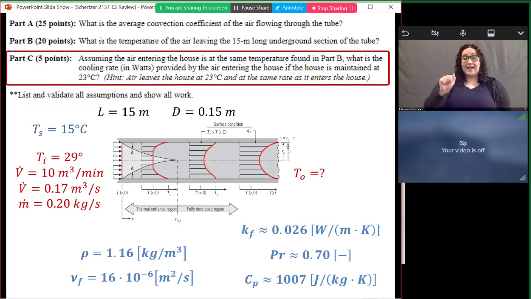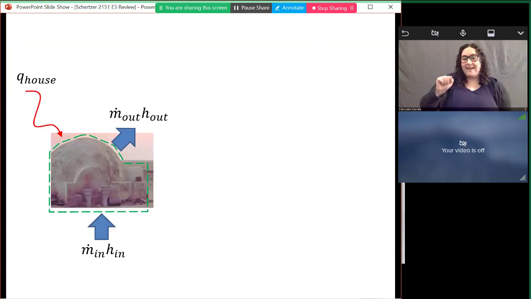So I'm thinking about that, and I'm like, oh, we got this house, right? And there's air coming in, and there's air going out, and there must be heat coming in, right? And that's kind of the question: how much heat is being removed from the house? So some heat is coming in, but because we're at steady state, we've maintained this temperature at 23 degrees. What's the heat load of our refrigeration system here?